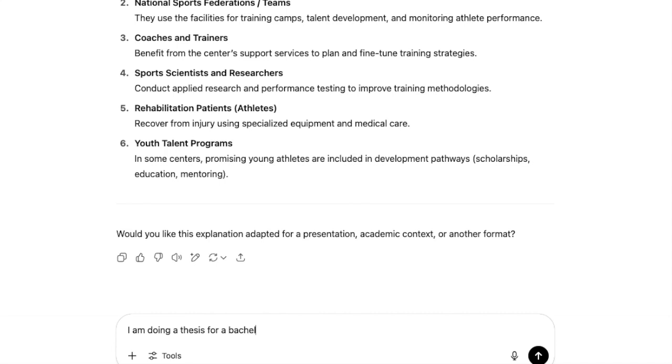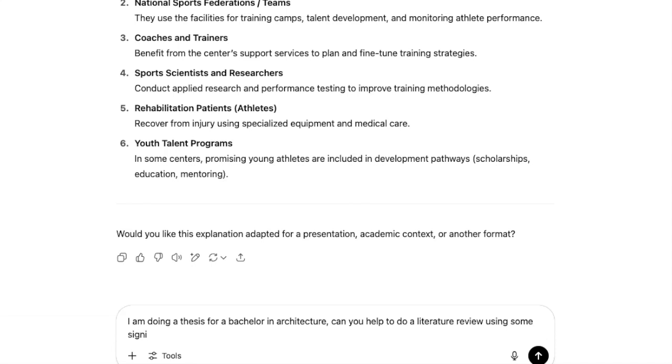For a bachelor in architecture. Can you help me to do a literature review using some significant... So you need to say things that are very useful for your thesis, no? So then you need to guide ChatGPT on what is the information that you really want. Okay, so then some significant